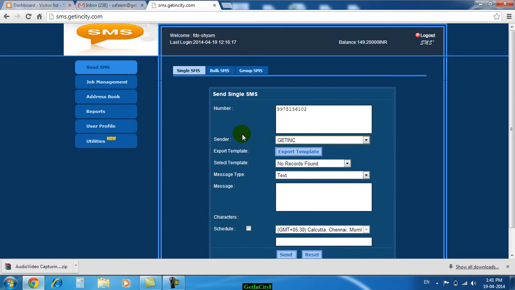Basically two types of SMS are there, that is promotional SMS and transactional SMS. So in transactional SMS you will get the sender ID. In promotional, a numeric number will be there.